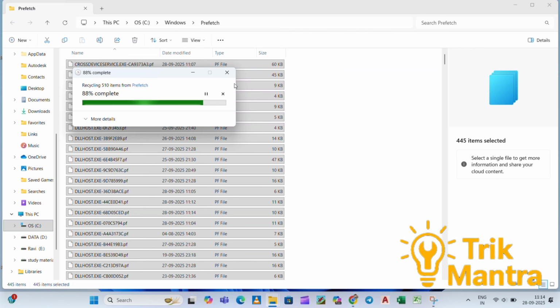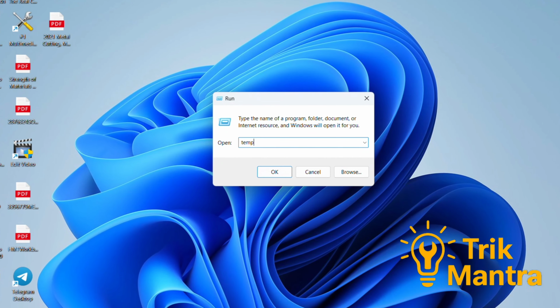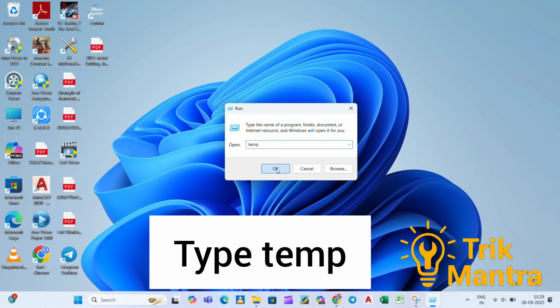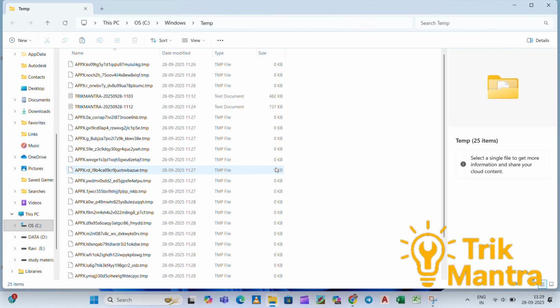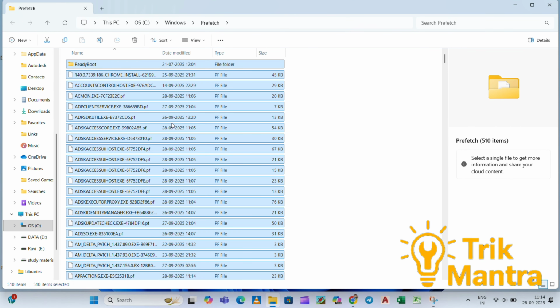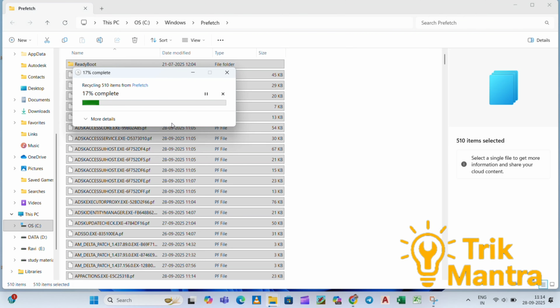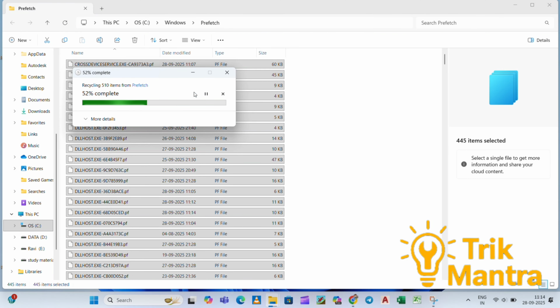Once this is done, again we press the Windows and R keys together, and this time we will type temp and click on OK, and again press Ctrl+A to select all. And press Shift and Delete keys to delete all the junk files. The temp files are used by many folders. Once this is done,